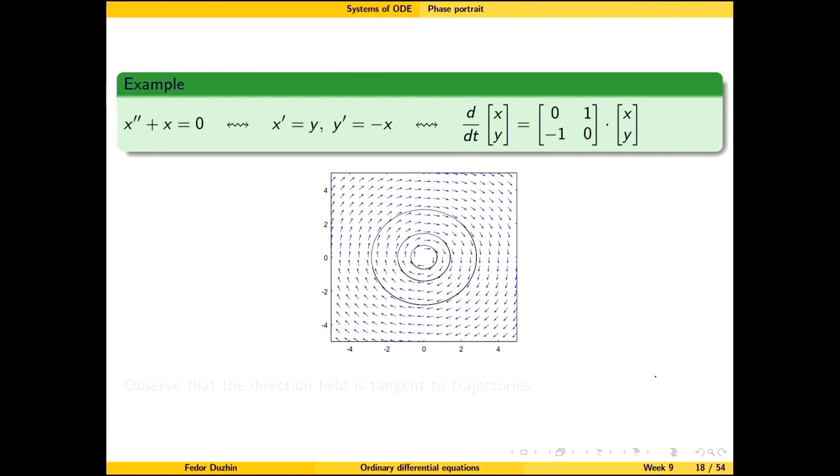But notice that at the same time we know that a solution of the system looks like x equals c1 cosine t plus c2 sine t, right? And then y, in our case y is x prime, so y is going to be minus c1 sine t plus c2 cosine t. So plotting this is the parametric curve that we are going to plot, right? So notice that this is a solution,